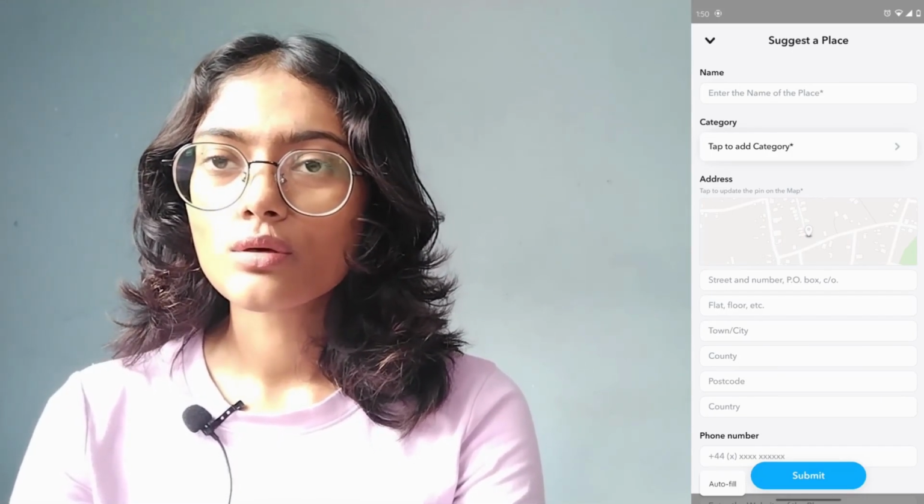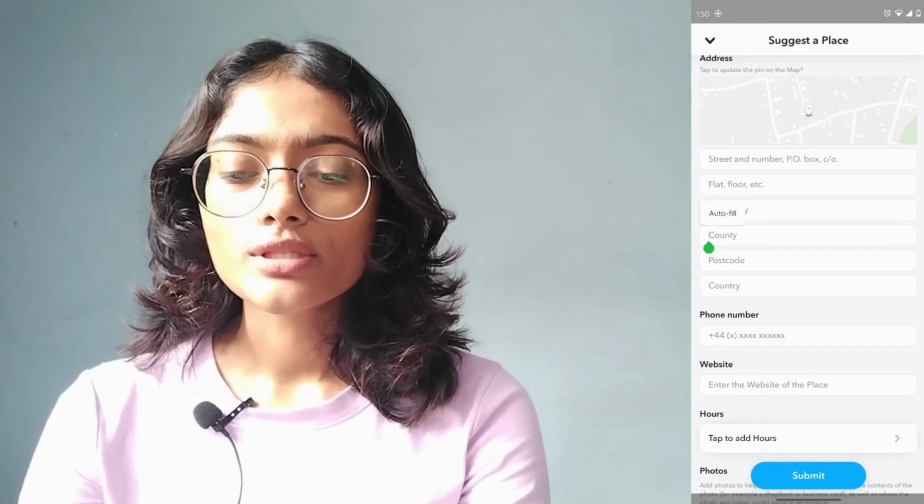So that's it. This was the only way to add a custom location to your snaps,